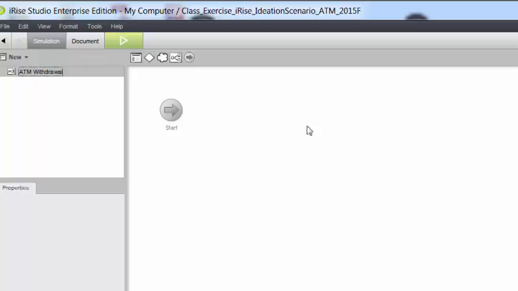So we start by looking at the widgets that we have in iRise, and depending on whether you're composing a page or an ideation scenario or anything else, the appropriate widgets for that particular design will show up here at the top of the page. In this particular case, we have only 5 widgets available for ideation scenarios. This one will be a page. This one will be a decision symbol. We're going to use pages as process steps,